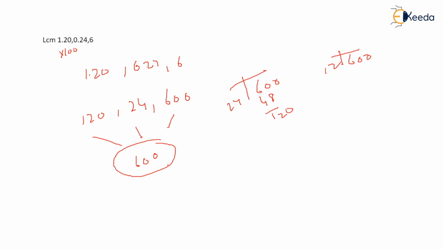But earlier you multiplied by 100, so now you have to divide it by 100. The answer comes out to be 6. You just need to be aware of these things. Don't worry about the decimal points. You can escape them by just considering the numbers as whole numbers. But at the end, when you get the answer, don't forget to divide it by 100, or whatever number you used earlier, in order to make it a proper fraction.